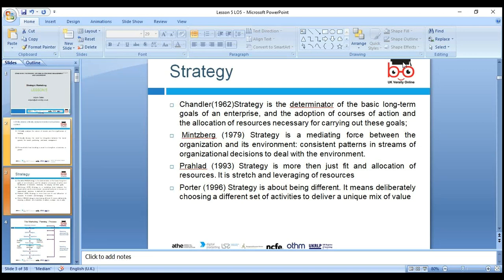Our goals can be to maximize customer satisfaction and maximize shareholder wealth. These can be our objectives. According to Mintzberg, one of the great scholars, Henry Mintzberg, strategy is a mediating force between the organization and the environment. So you need to identify what organization we are in and which type of